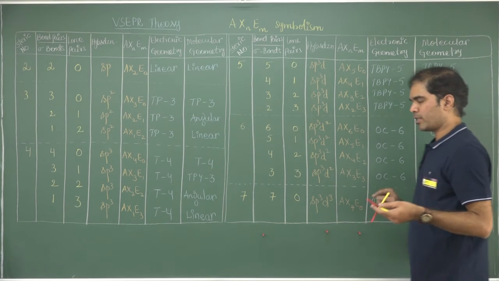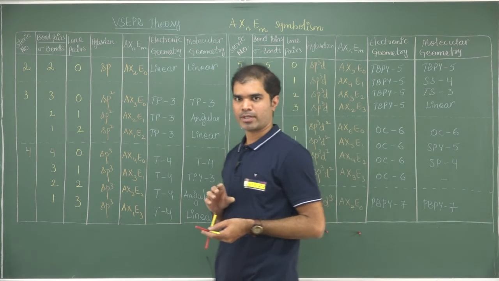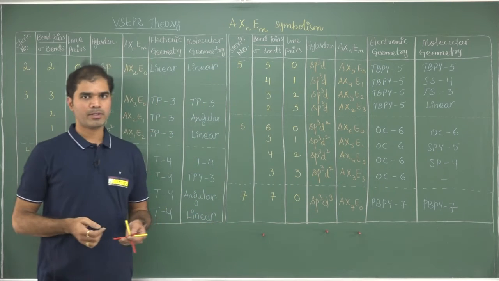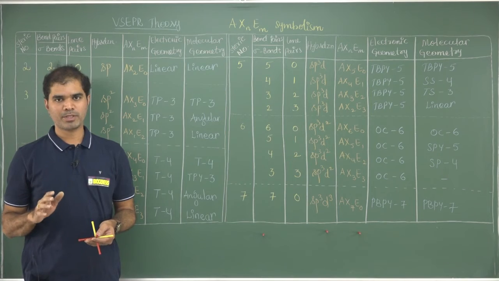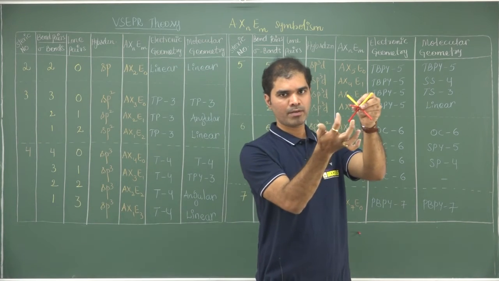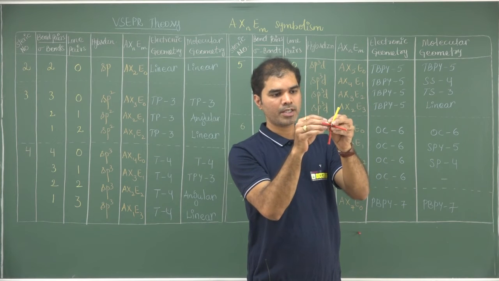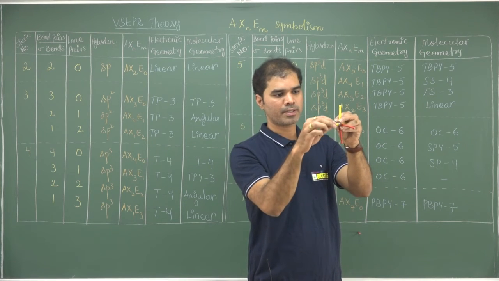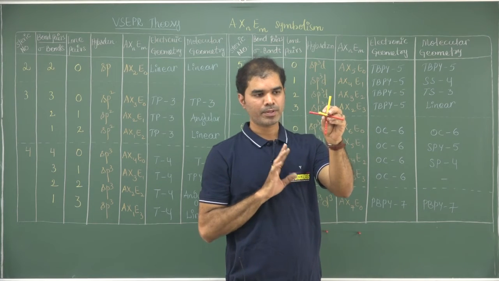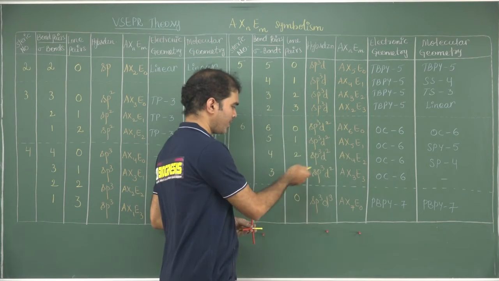If at all any question is asked about a hypothetical molecule with 3 lone pairs for steric number 6, what could be the geometry? Then the molecular geometry has to be a pyramidal one, or it could be a T shape when these electrons are arranged this way. It could be a T shape. Either way, octahedral is completed.